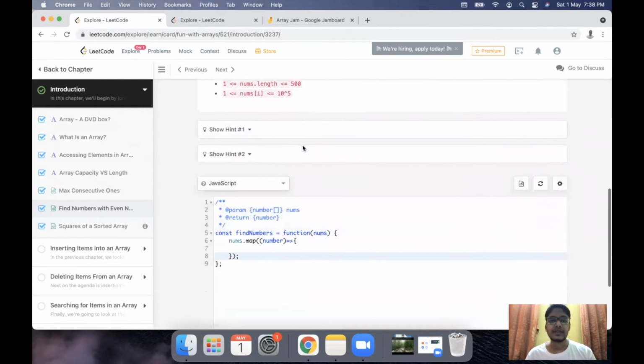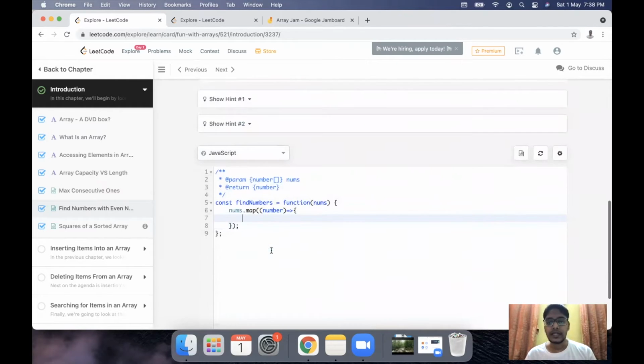So the easiest way would be to divide the length of this number by 2, and if the remainder is 0, then the count is even, and if the remainder is 1, then it is odd. Because let's say if I divide 4 by 2, then the remainder will be 0, that is why 4 is even. If I divide 5 by 2, the remainder is 1, that is why 5 is odd, right?